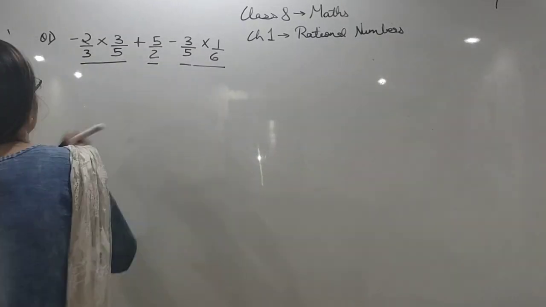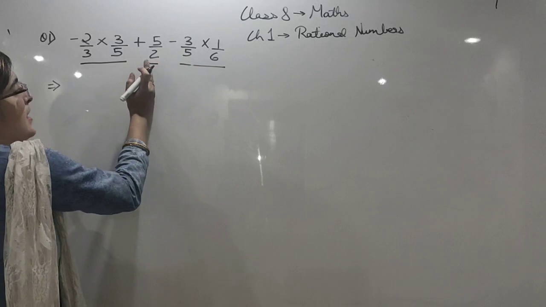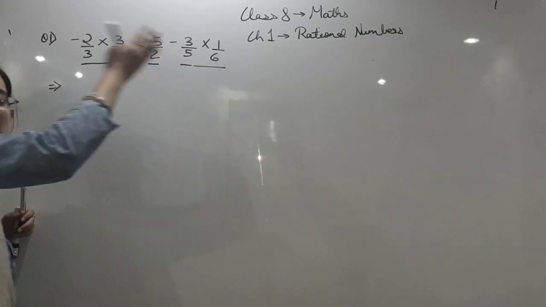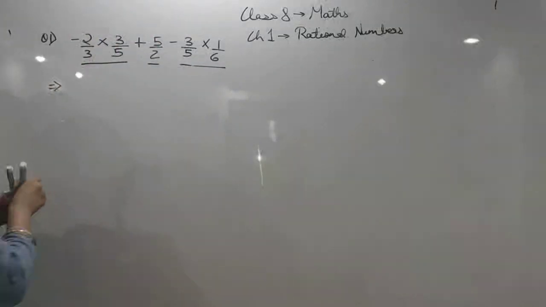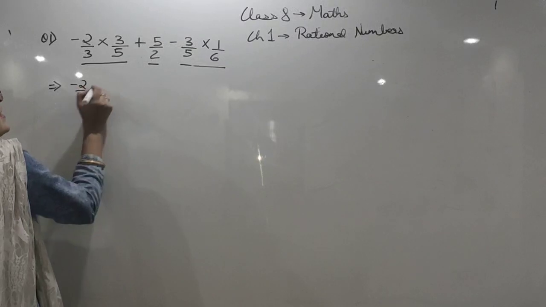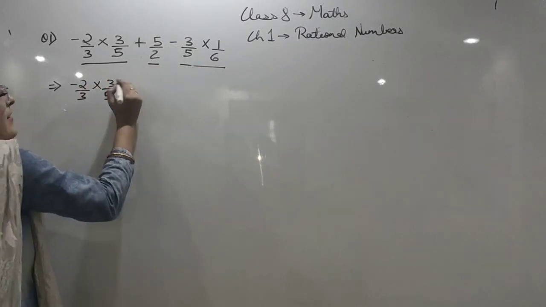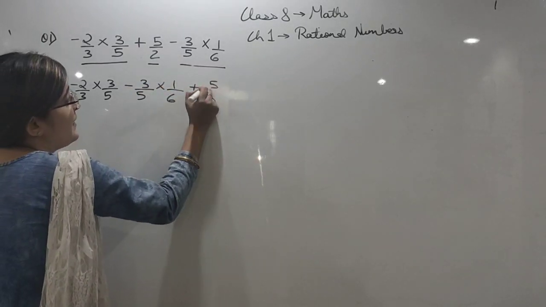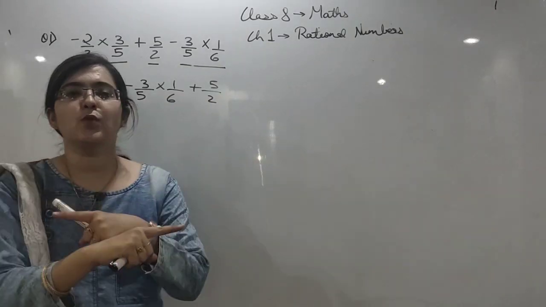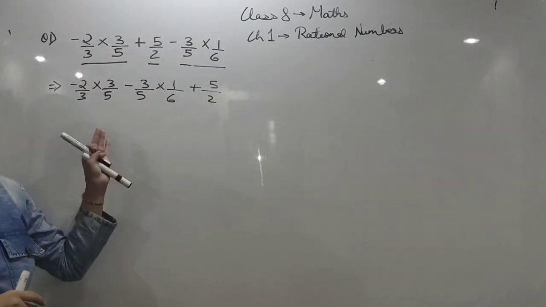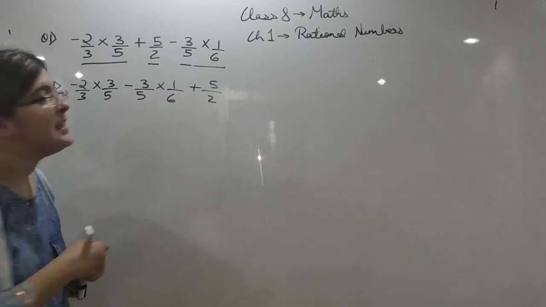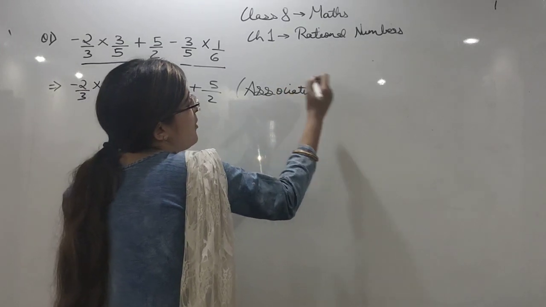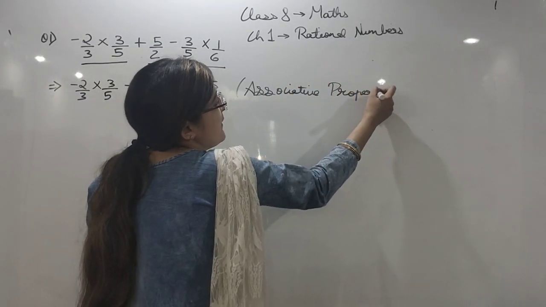So, your first step would be to shift this term here and this here. We can do this. We have seen that a plus b plus c is the same as b plus c plus a. So what can we write? I have written the first term here. Then I will write the third term first. I have just shifted these two terms: the third term in place of the second and the second in place of the third. And this property is known as associative property.